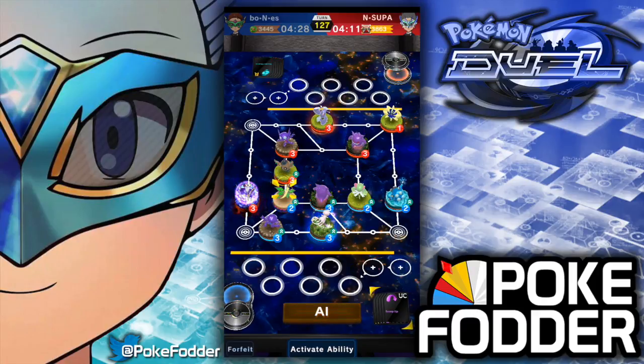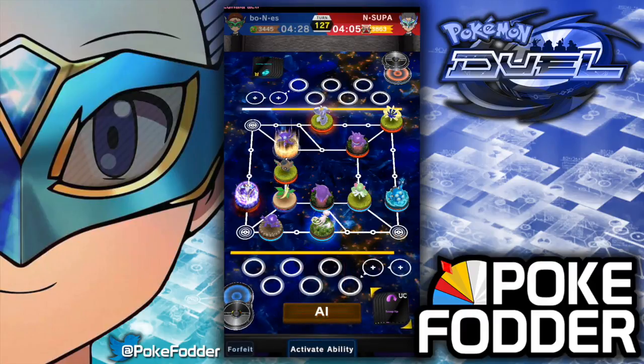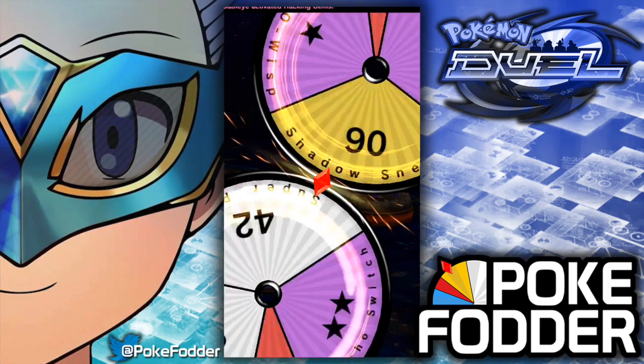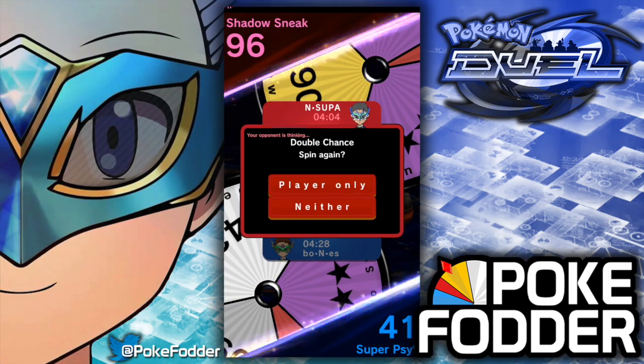I don't want to attack Cosmo EM because... Alright, let's see what happens here. So I'm going to get knocked out, but I did roll my Super Psy, which is going to